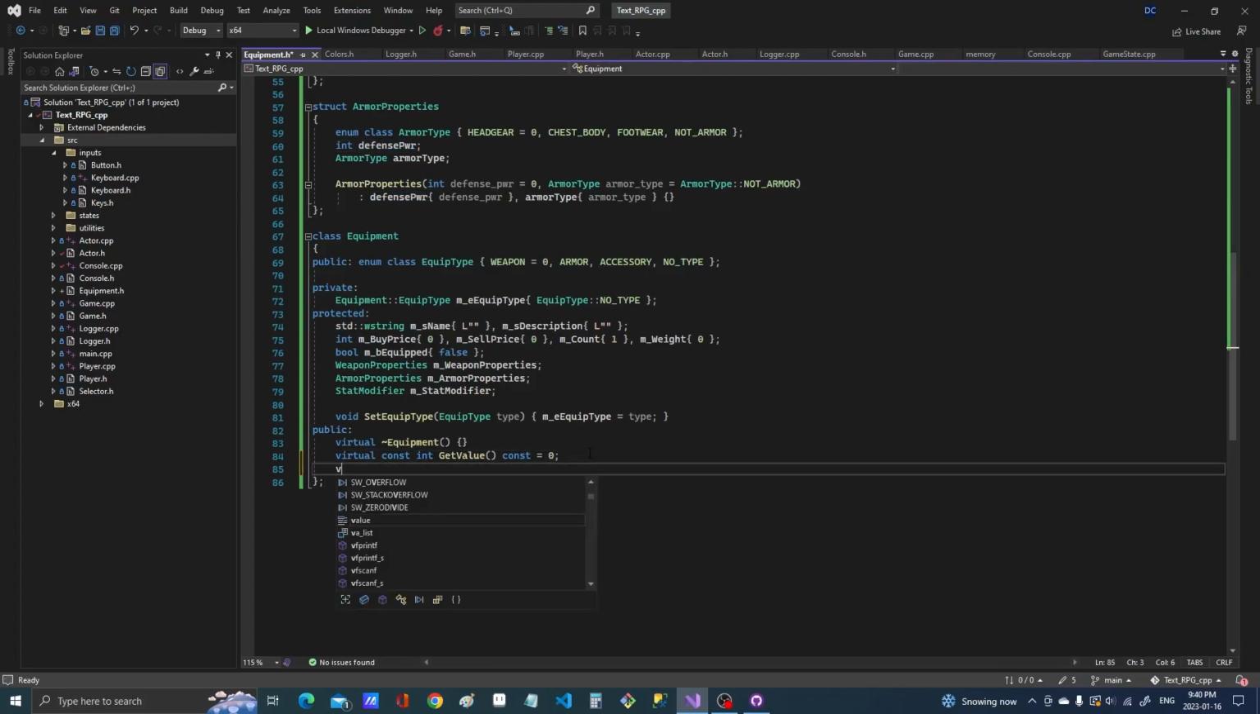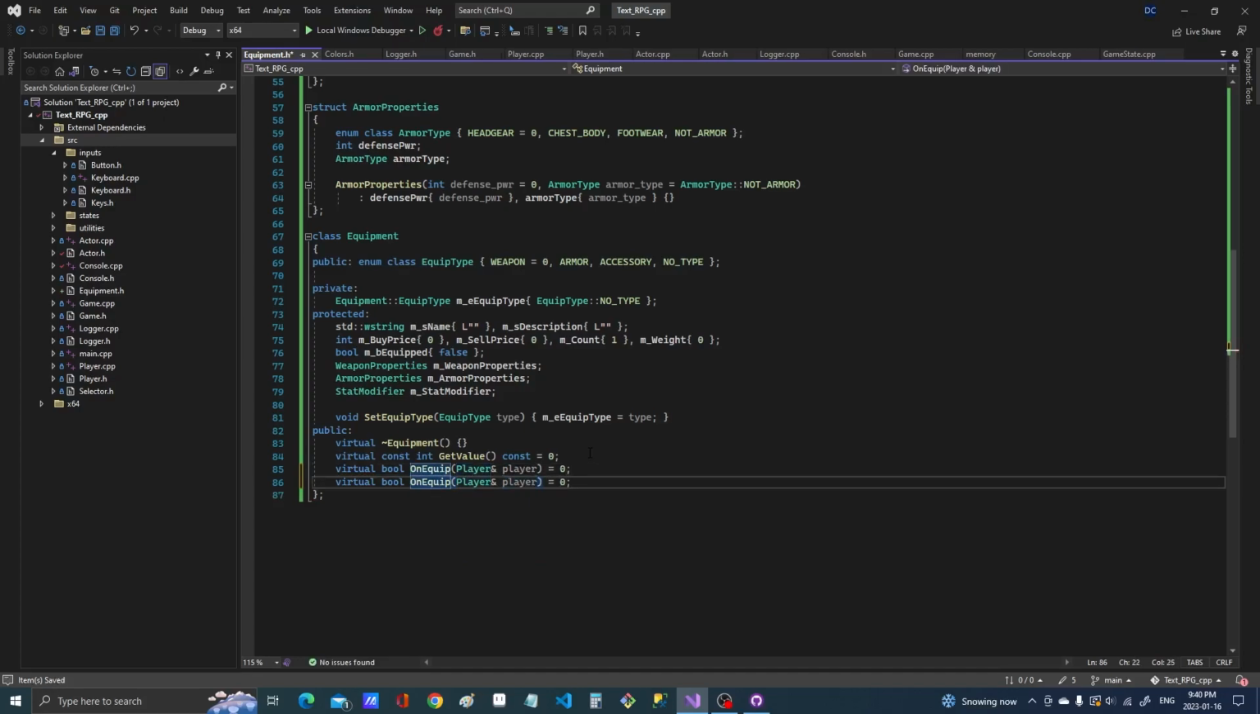Then we're going to have a virtual bool on equip. And we need a player reference. On equip and then on remove. Now all these functions need to be done in their child classes of the equipment. So now let's make a few getters and setters or modifiers. Well, not modifiers, but